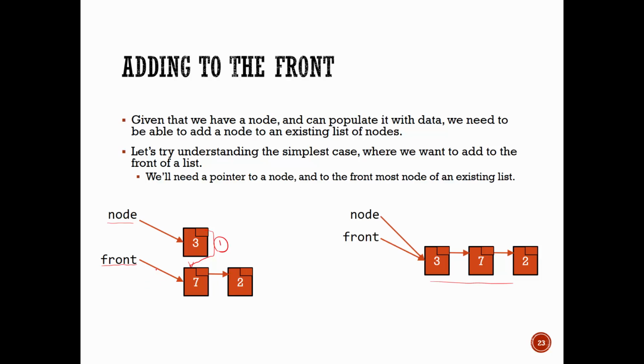And my second step would be something like this. I need to update front, so instead of front looking at this as the frontmost node, I want front to know about 3 as the front. So I need to adjust the next link on the new node, and then I need to adjust front to be the new front of the list. If I do those 2 steps, I'll get my new adjusted list, which has the things that I want. That's my end goal.